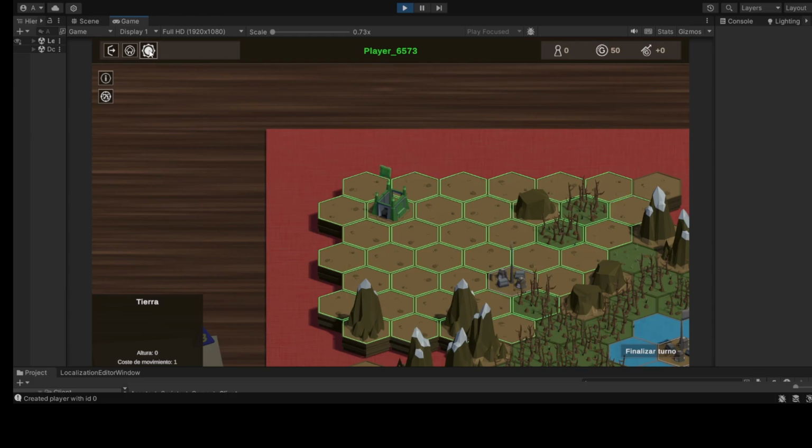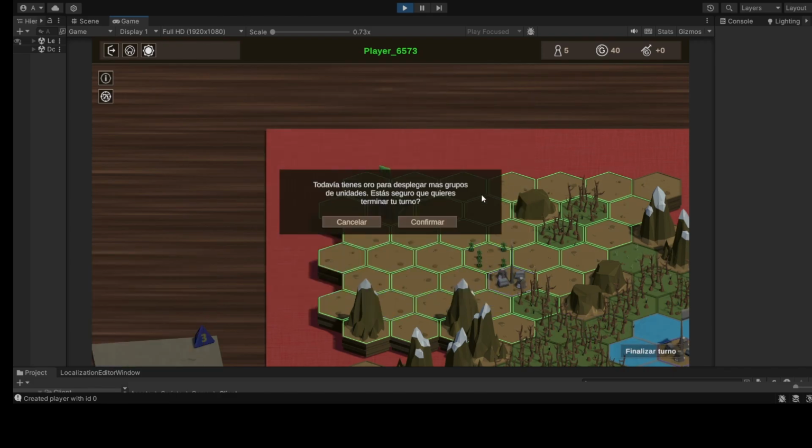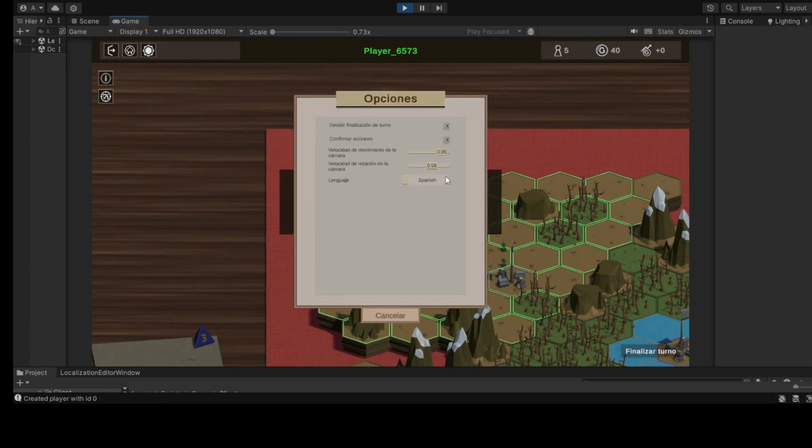So let's just try something different. Let me, for instance, make one of the groups and let's end the turn. I wanted to show you this because this is the one we've been talking about. So this is the end turn confirmation UI. It says something like, hey, do you really want to? Yes or no. So if I now change the language to English,